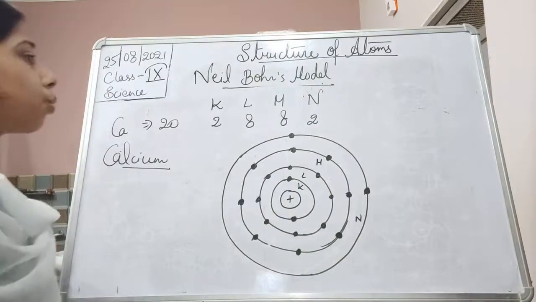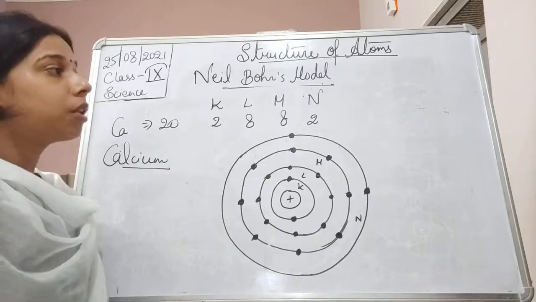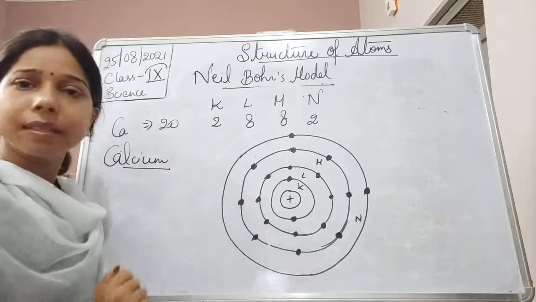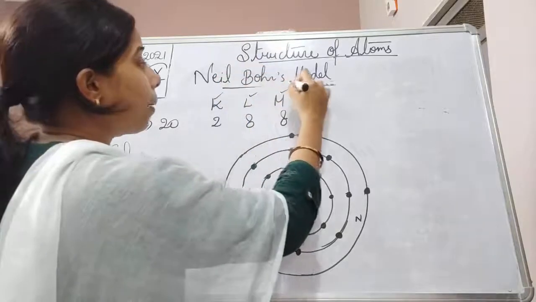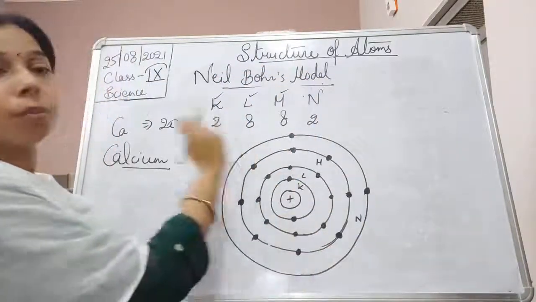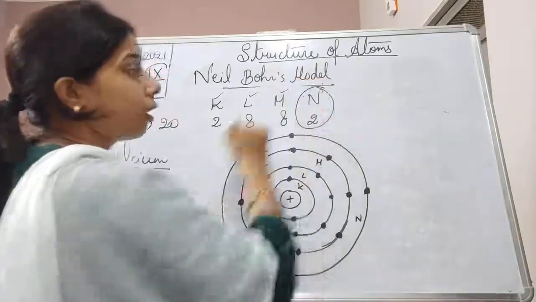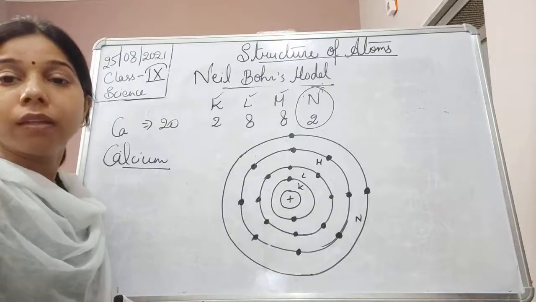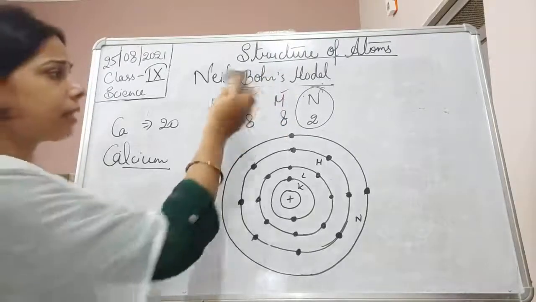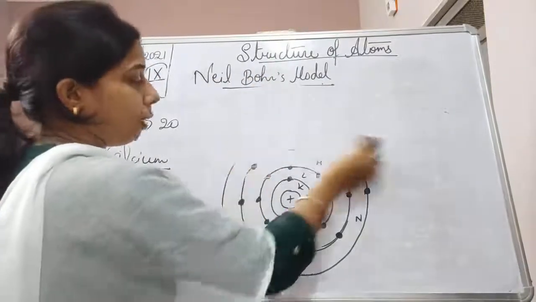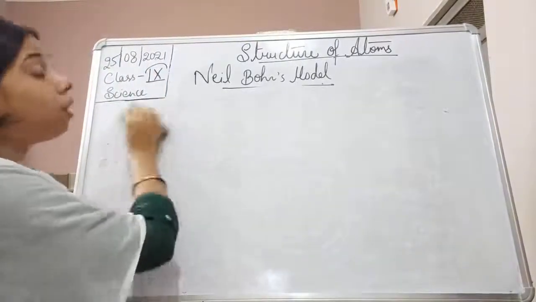Now, let us try to understand the outermost shell and the valence shell. You see, what is the outermost shell? If we take an example of calcium only, these are all the different shells, K, L, M, N. But which is the outermost? So the outermost shell is this N shell. So we can say the shell which is the last one is the outermost shell. You will say that since it is K, L, M, N, ma'am, N will obviously be the outermost shell. Let us take an example of hydrogen.